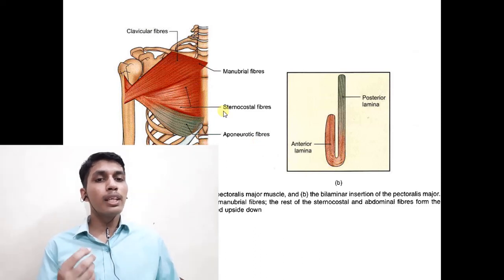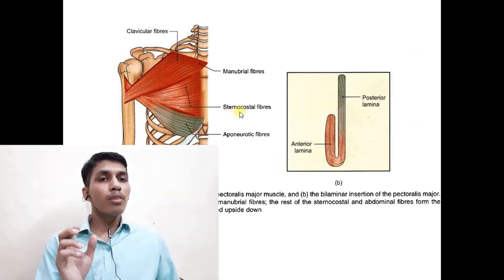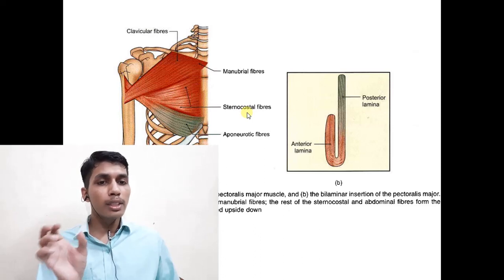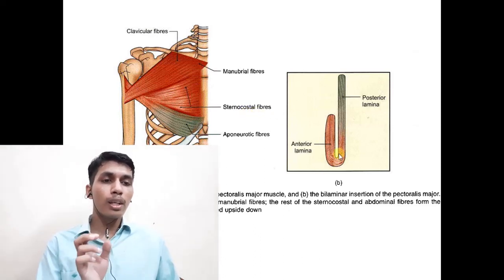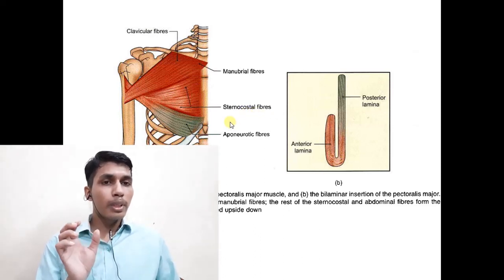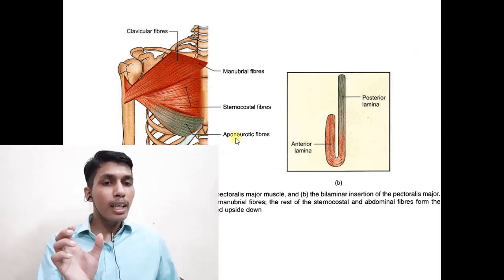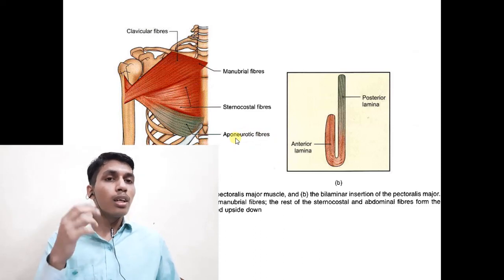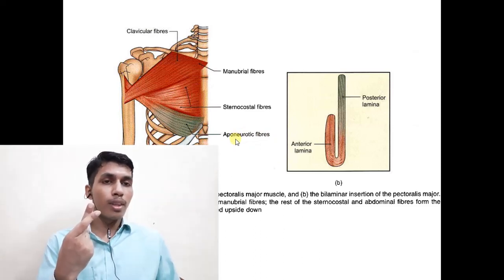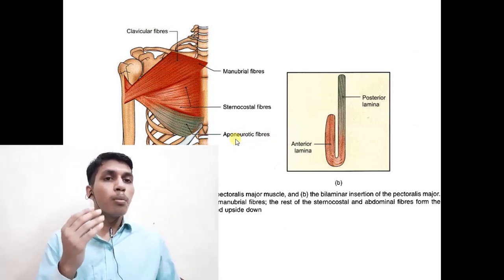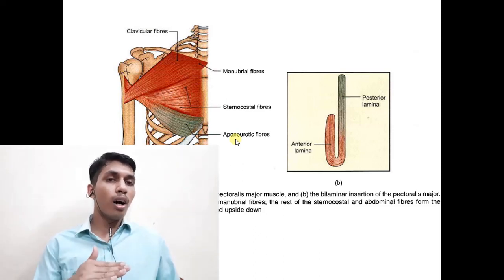Basically the sternocostal fibers include the sternal fibers along with the costal fibers. The sternal fibers and the aponeurotic fibers become twisted around and pass to the lower border of the rest of the muscle